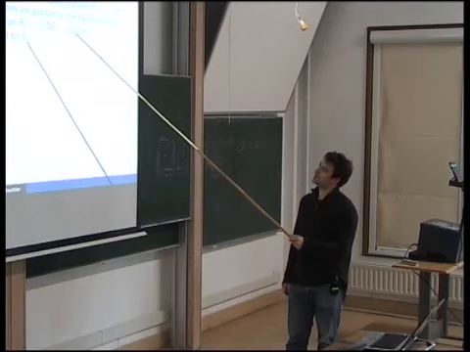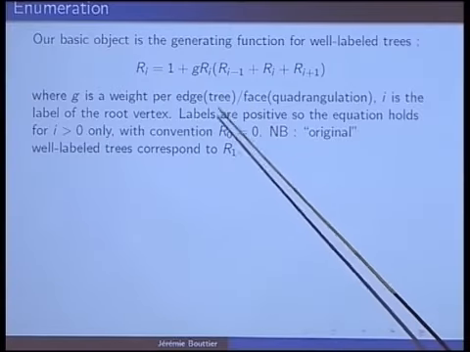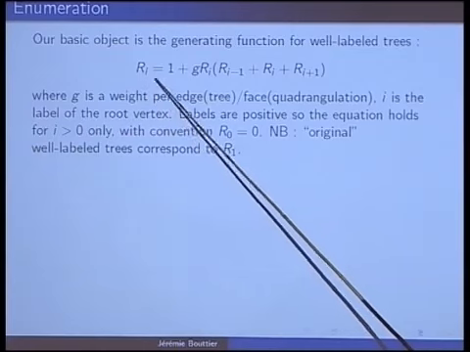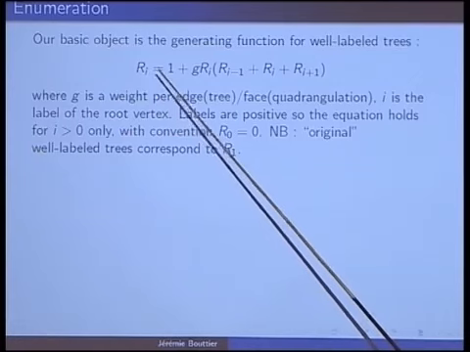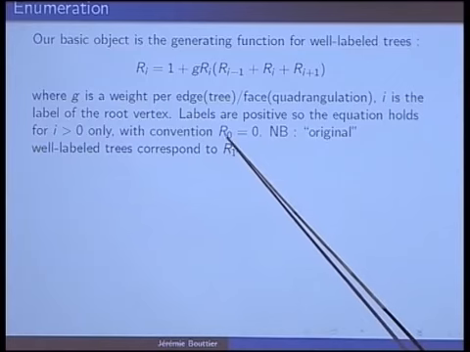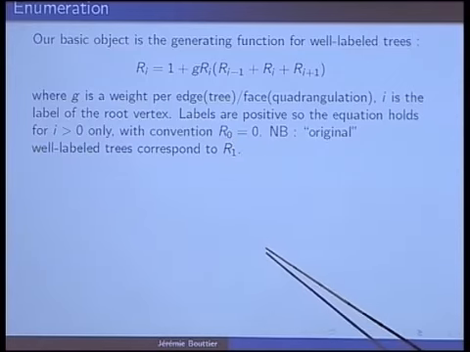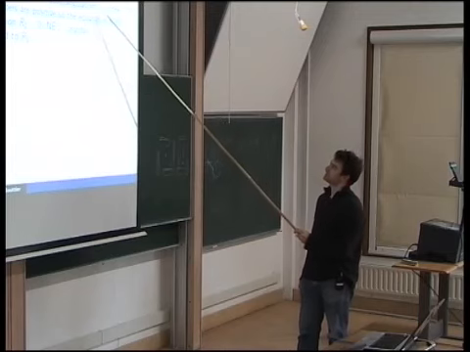And so this equation is only valid, of course, if you want the labels to be positive. So this equation supposes that you are considering a label. So this equation is valid for positive i, and then it's still valid by taking the convention that R_0 is 0. And actually, when I talk about the generating function for well-labeled trees starting at vertex i, it's